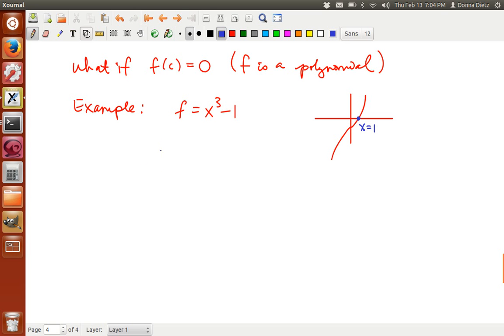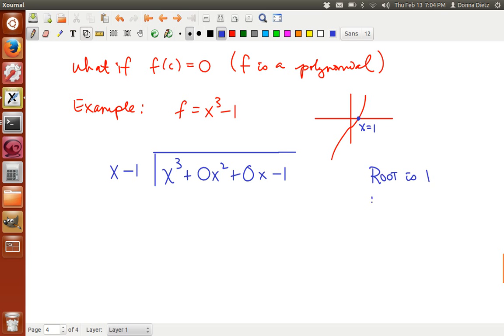Okay, so let's go ahead and factor that out. x cubed plus 0x squared plus 0x minus 1. Now we're going to divide by x minus 1. And you may say, hey, wait a minute, why is it minus 1? Remember that the minus 1 is there because the root is 1. The factor